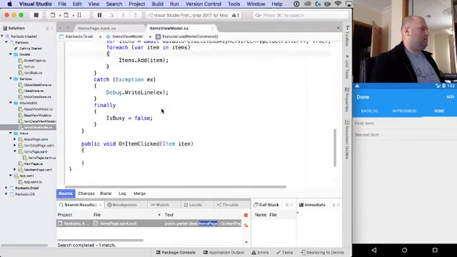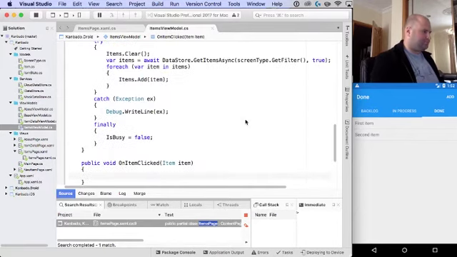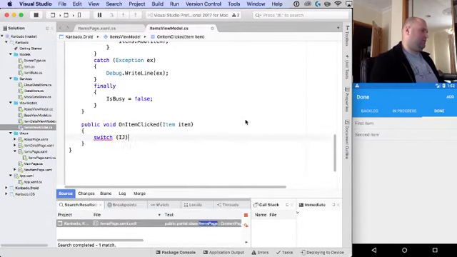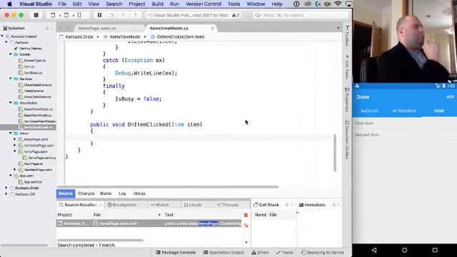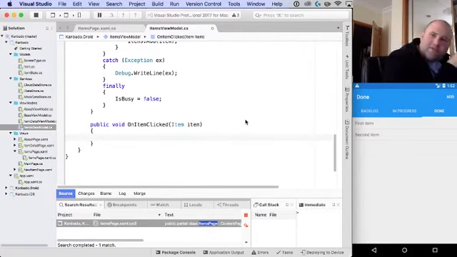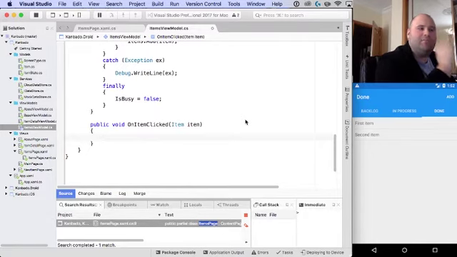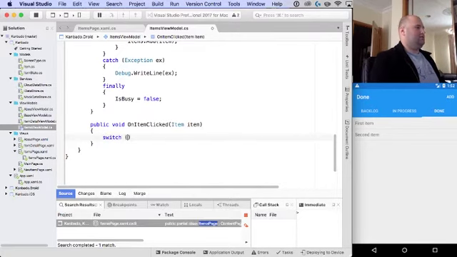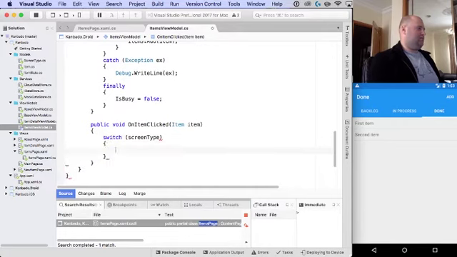At the new model on item clicked, I want this to work. I'm thinking that I want the in progress tab to be the only way that you can move things through the flow. From any tab, you should be able to delete things, but you can only pull tasks from backlog to in progress or mark in progress tasks as done. So let's go switch screen type,